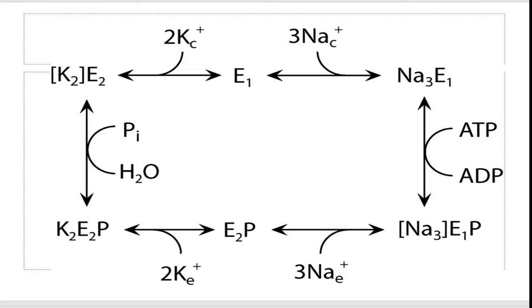The high concentration gradient of sodium ions and potassium ions that exists across the cell membrane is maintained by the activity of an energy-requiring pump that transports sodium ions out of the cell in exchange for potassium ions inside the cell. As most animal cells have a higher concentration of potassium ions inside the cell membrane than outside, and similarly a higher concentration of sodium ions outside the cell than inside, this concentration gradient is maintained at the expense of energy.